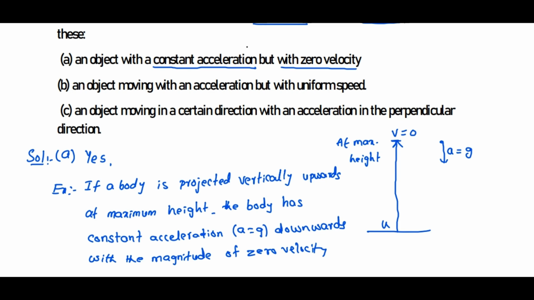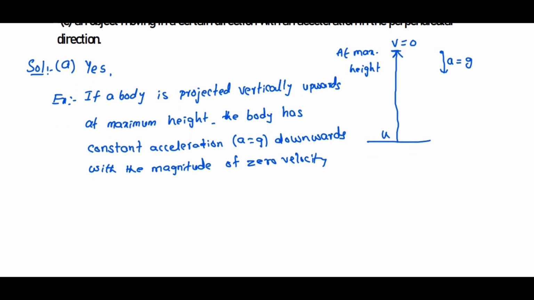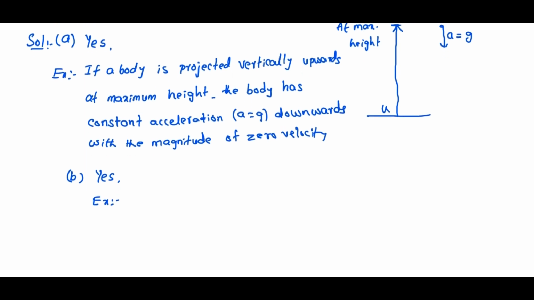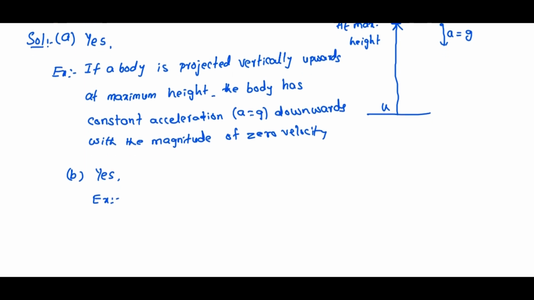Coming to the second sub-question, an object moving with an acceleration but with uniform speed. The body should be with uniform speed but it should have an acceleration. This case also can be possible. So we can write for B, the answer is yes. For the example, take a body moving with uniform circular motion,